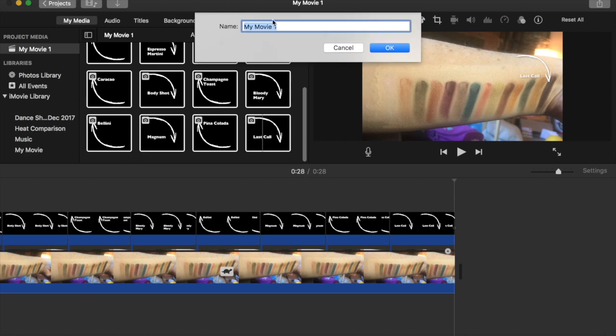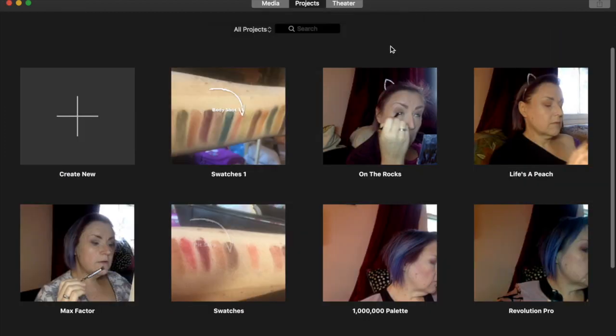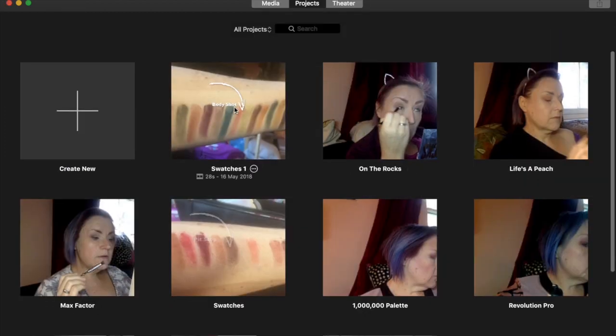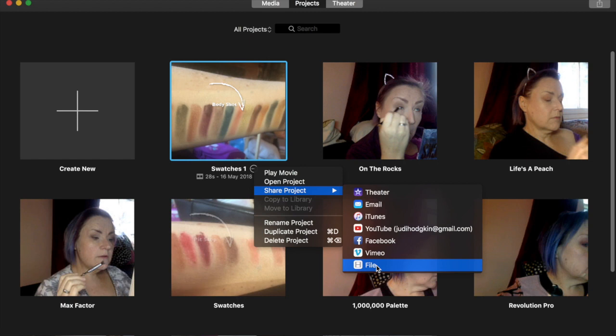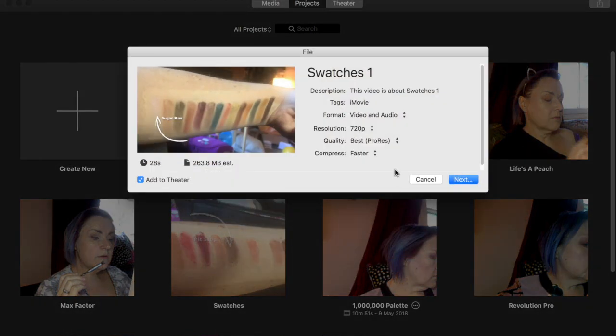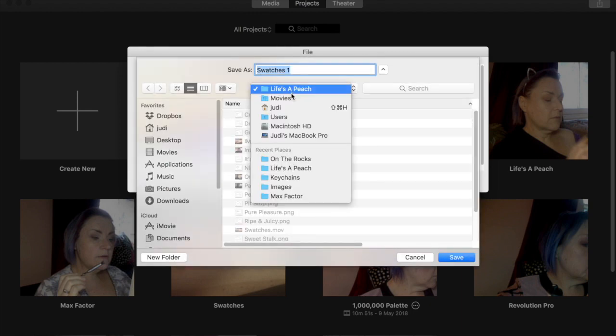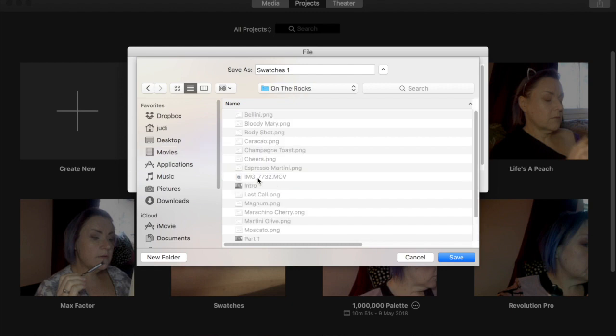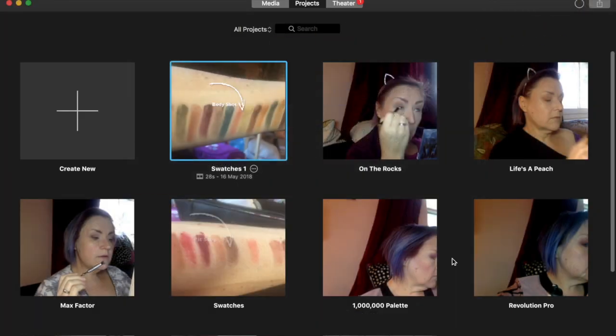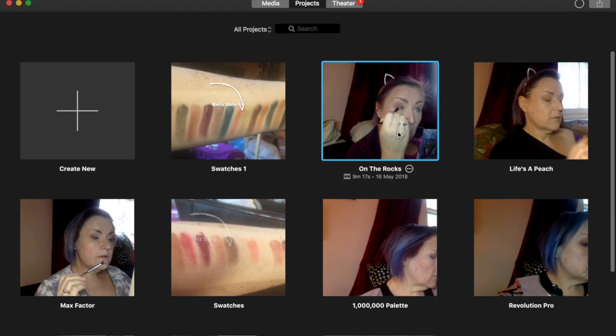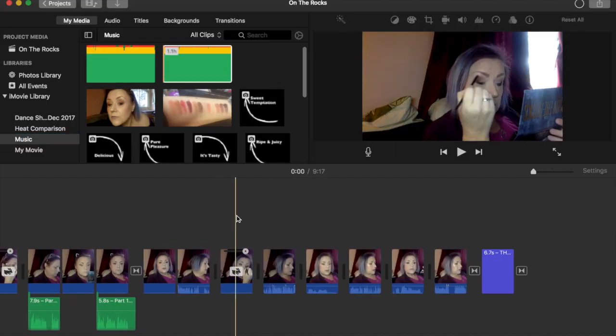Okay, so now I need to save that. And there we go, that's now saved. And now I need to export that to a file. Into On the Rocks and save it as swatches. So now I can go back into On the Rocks